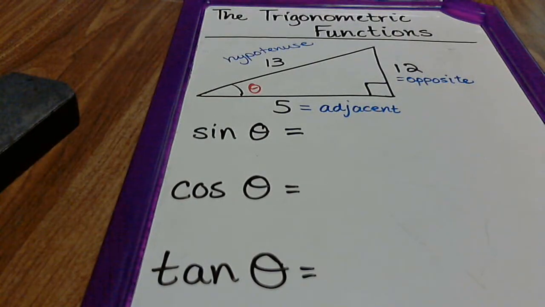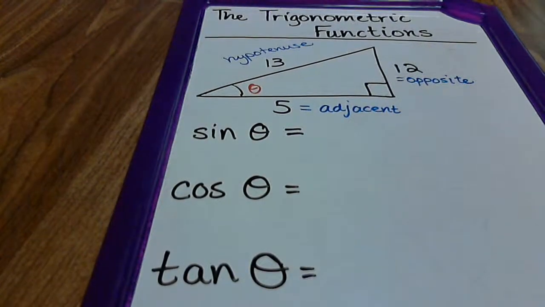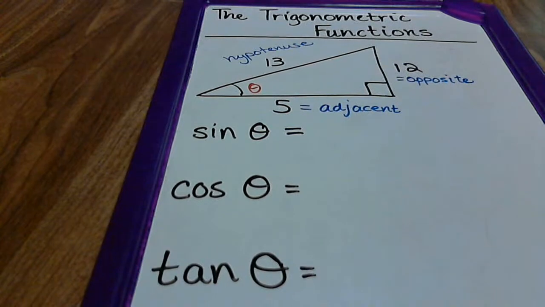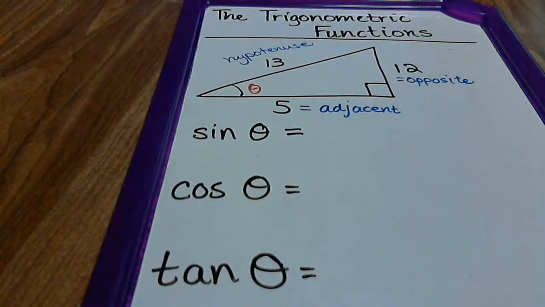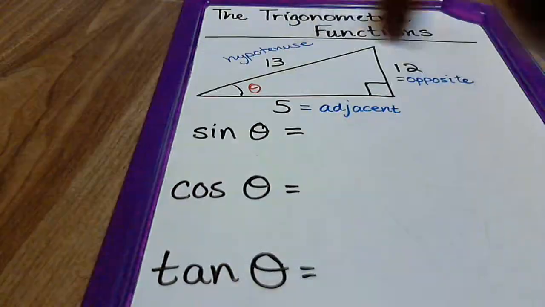Okay, so earlier we did a video on an overview of the basic trigonometric functions. So today we're going to do an example of how these are used to figure out angles. Okay, so in an earlier video I said that the sine of theta,